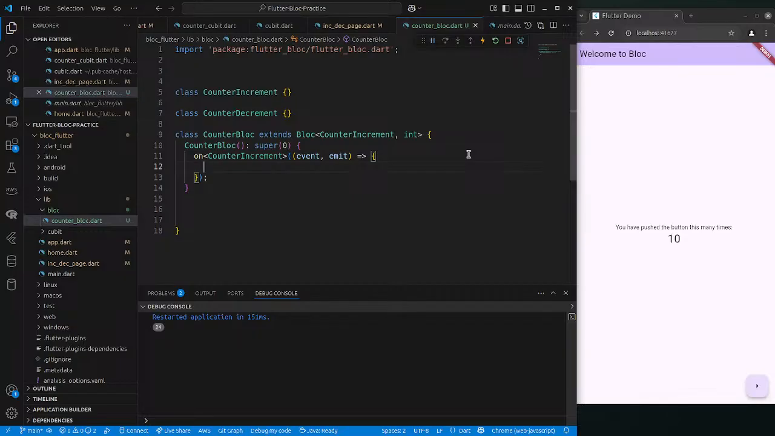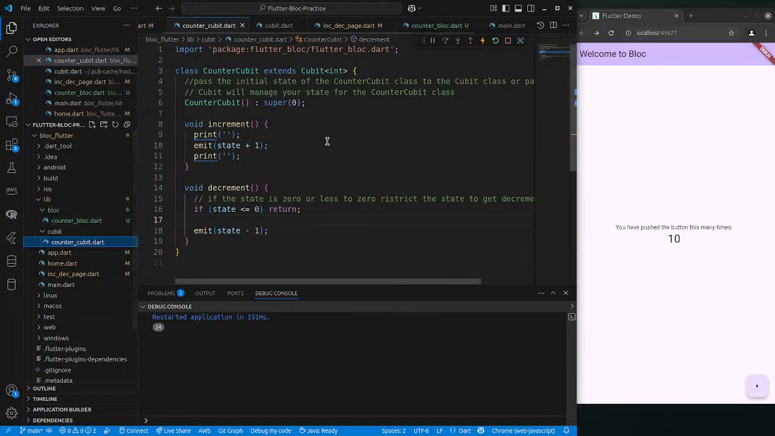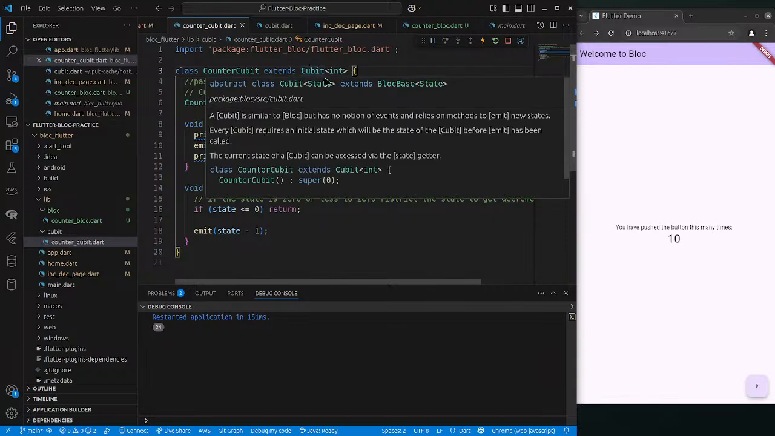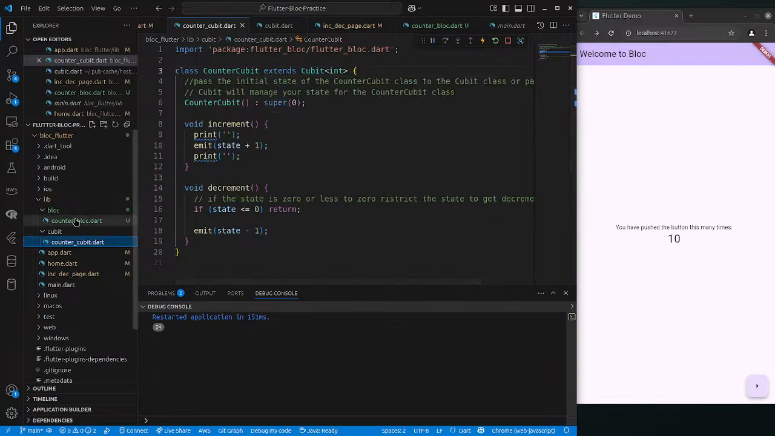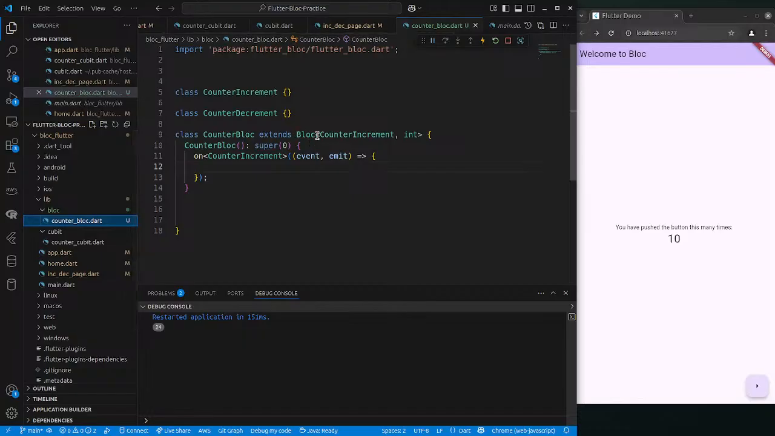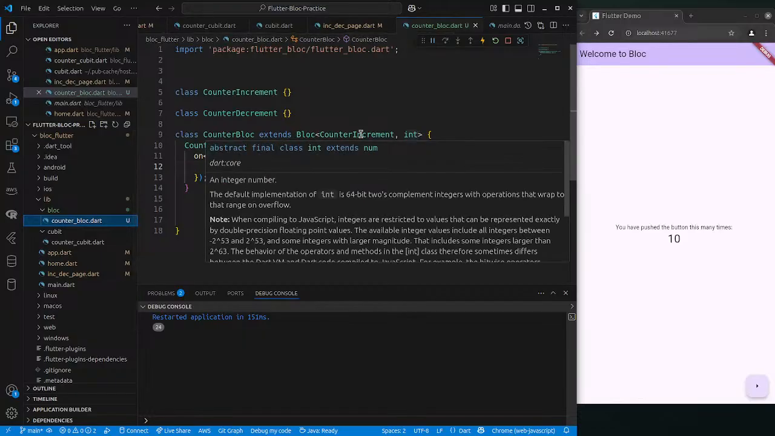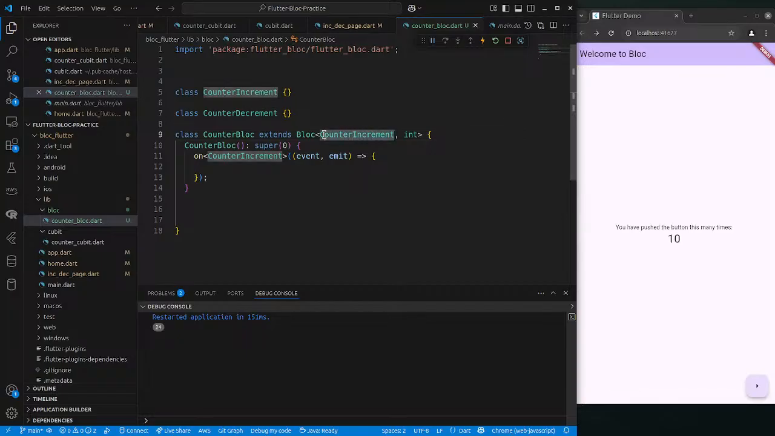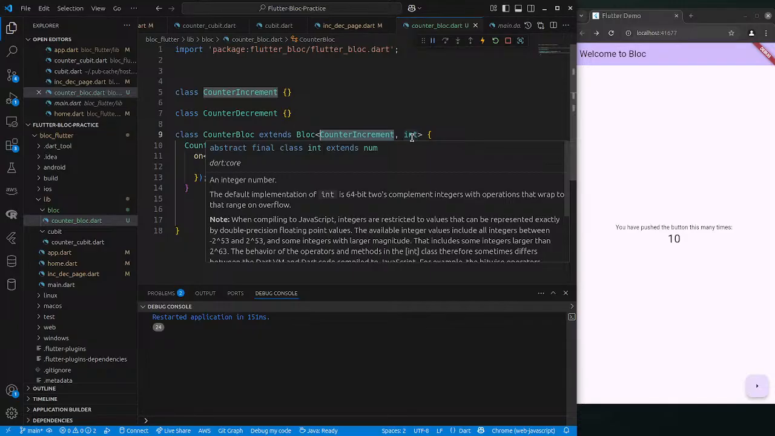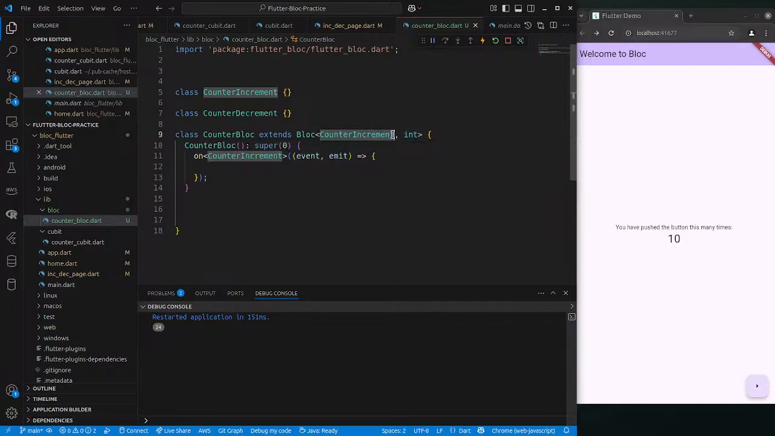So what I am doing right now, so basically earlier when you were seeing the qubit, in the qubit we only just pass the state, the type of the state that you want to show. But in the block you have to pass the state and event also. So basically block works on event, and the next is the state. So I have created an event class, and it is a counter increment,